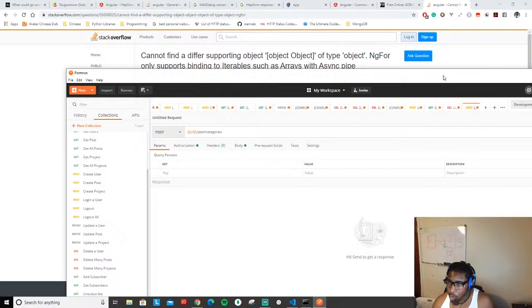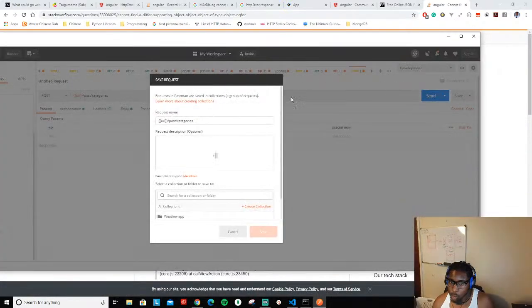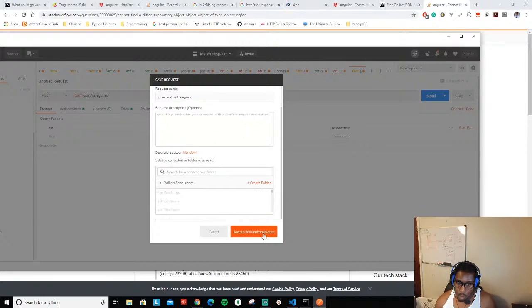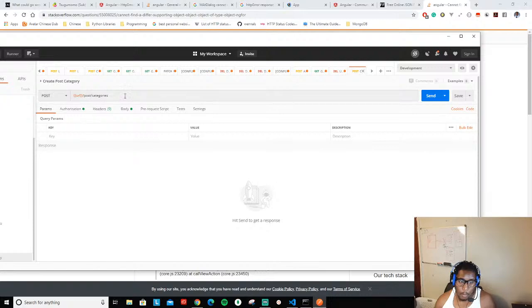Still a work in progress, right? You can still create duplicates and all that stuff. Create, and this is a post category. And we want this to be in this thing. And then we actually need to create another one called